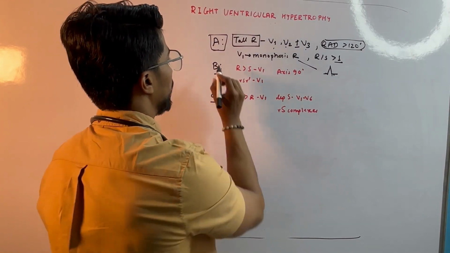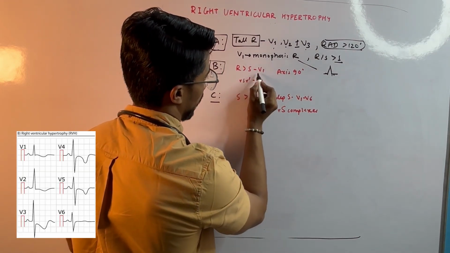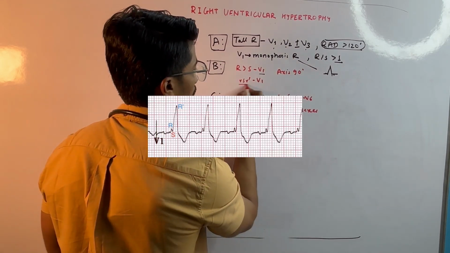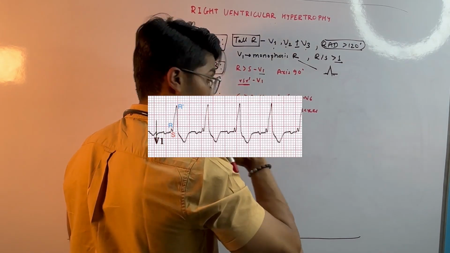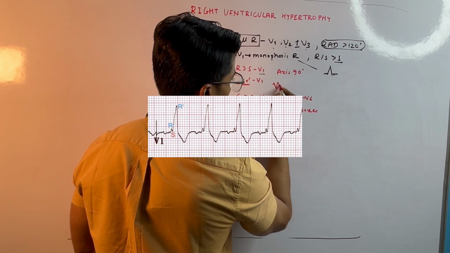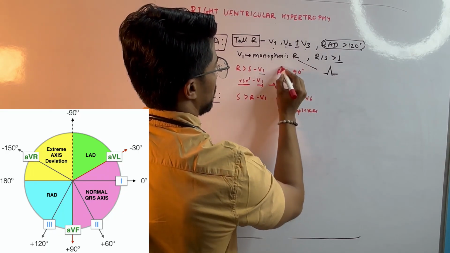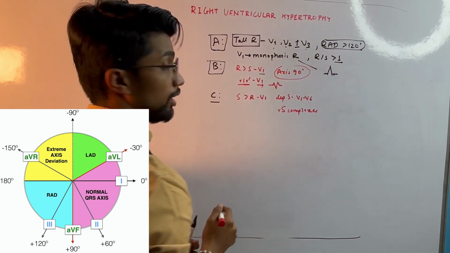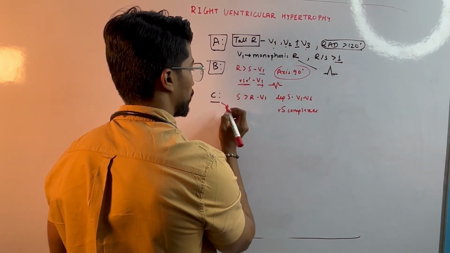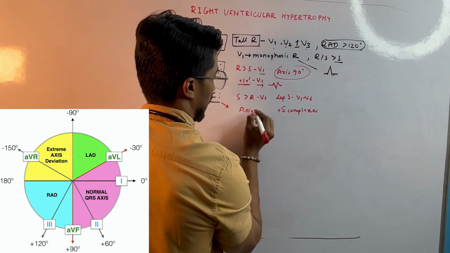In type B, which is volume overload, like your ASD, you're still going to have R more than S in lead V1. This is like an RSR' pattern, maybe incomplete or complete, where you have just an M pattern in lead V1, and the axis is still going to be 90 degrees, which is right axis deviation. Type C RVH, which can be due to pulmonary reasons, is still going to have an axis of 90,